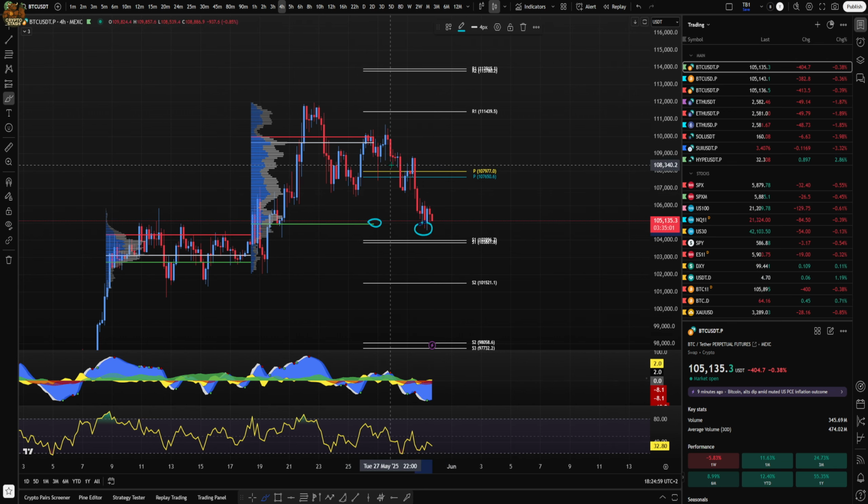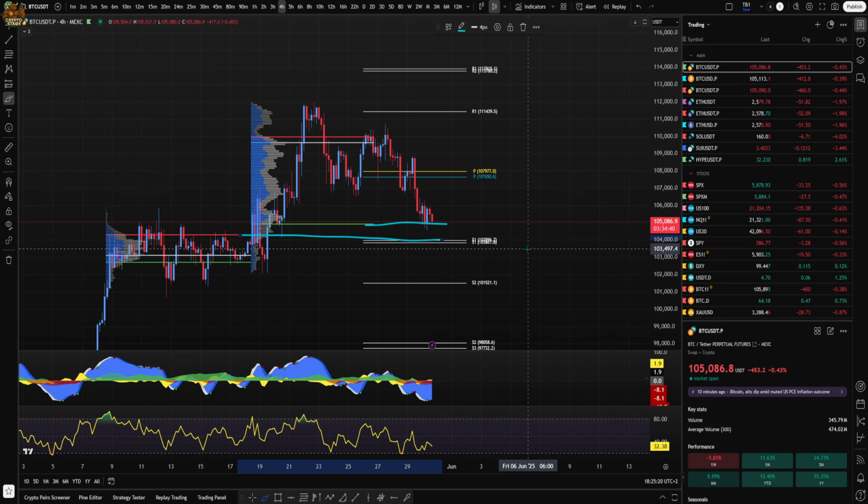But as I said, as long as we push above our weekly pivot, then it's possible that price continues to the upside. But as you can see, price rejected, and right now it's perfectly testing our value area low of the range that we broke out of. And so our next stop for Bitcoin will be that previous value area high combined with that weekly pivot support